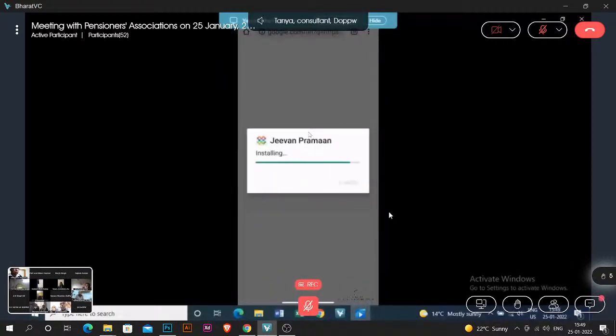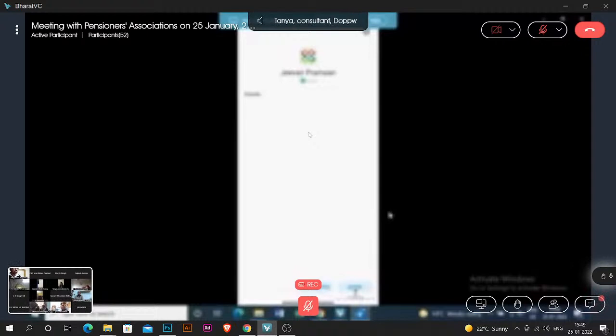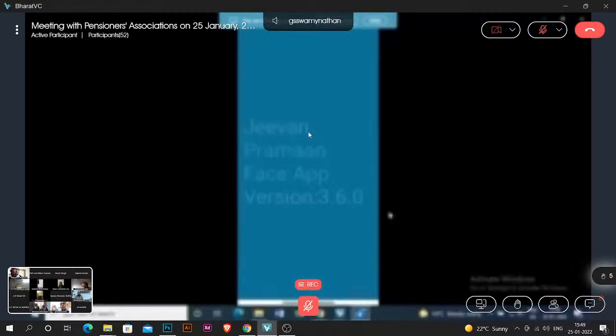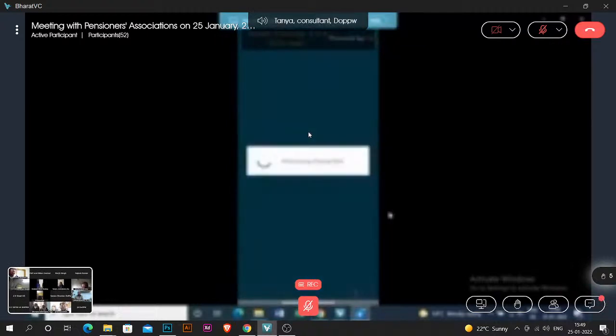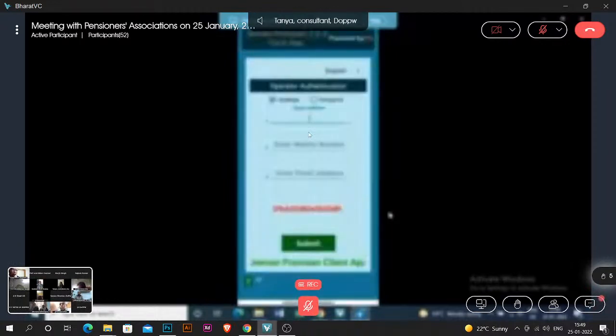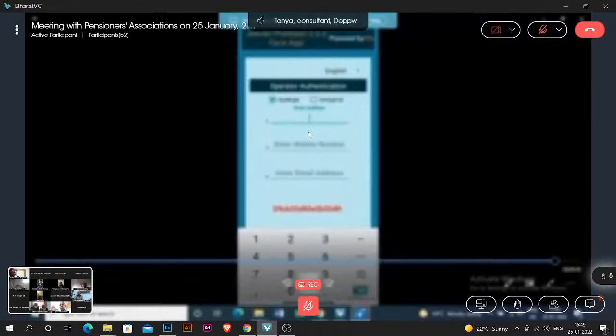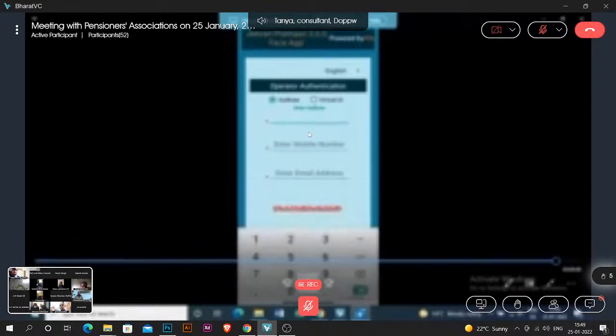And the application will ask to install. And similarly, if you want, you can go to the details option and allow all the permissions. The application is downloaded successfully. Just allow the biometric permission, allow the camera permission, and in this stage the pensioner can do their operator authentication